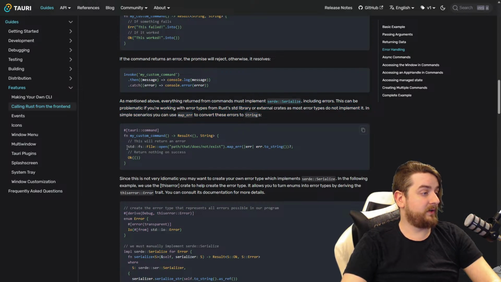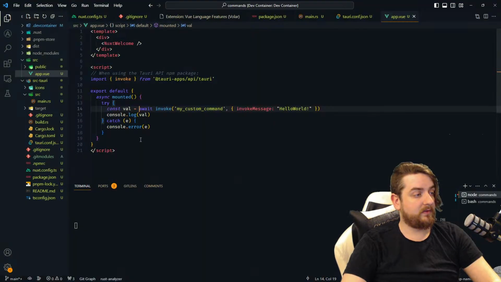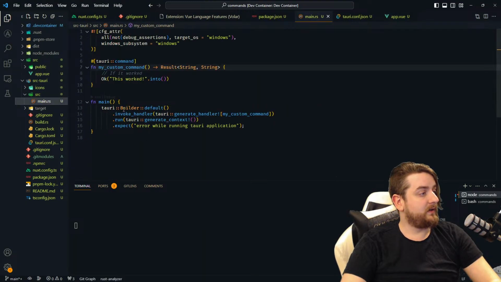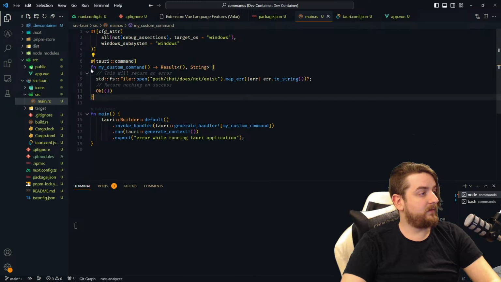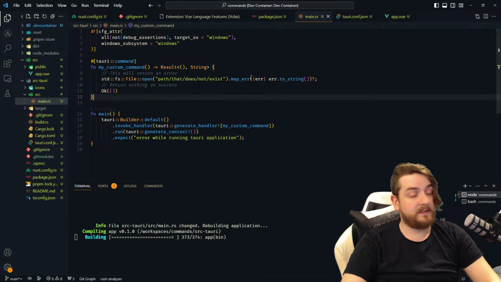So this one tries to open a file that does not exist, and if it fails, you can map the error to a string. Okay, return nothing on success. And the point of this is, just as it said,